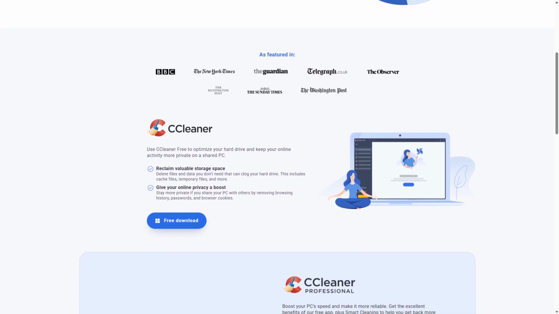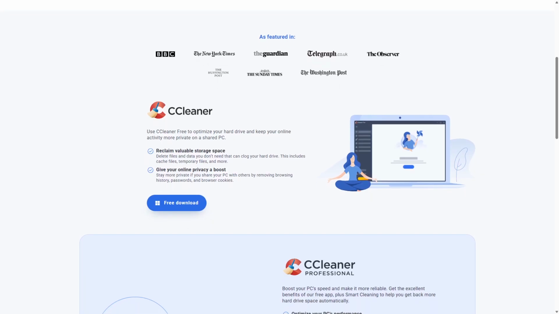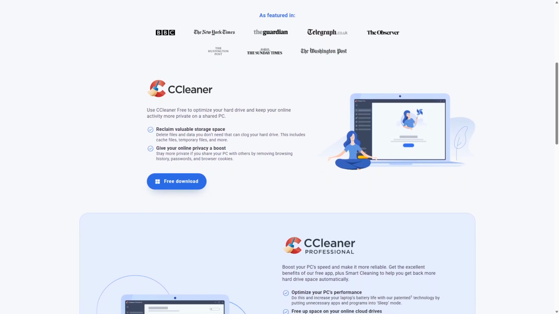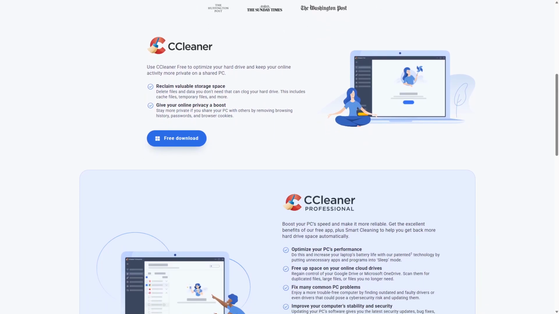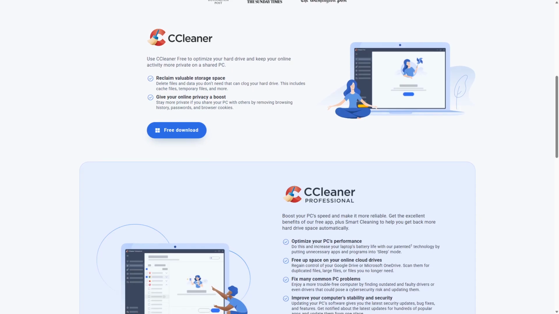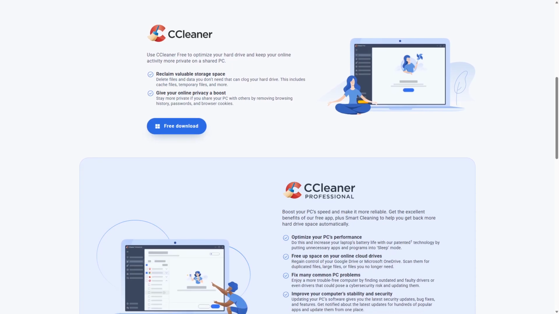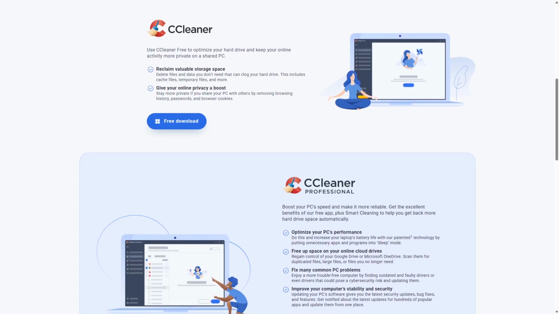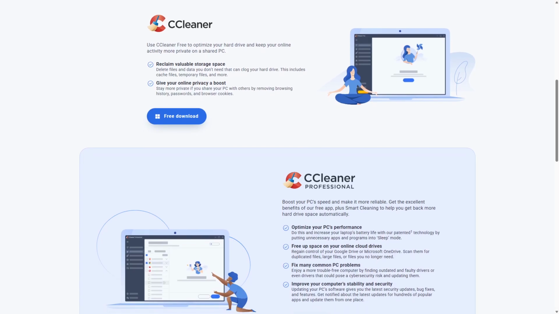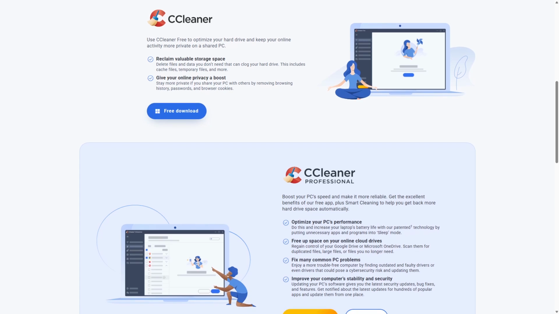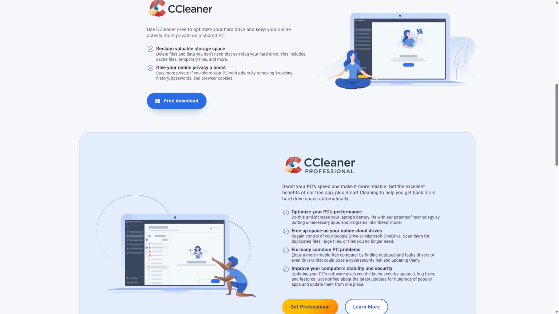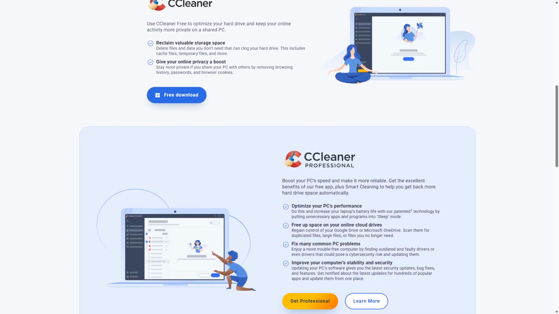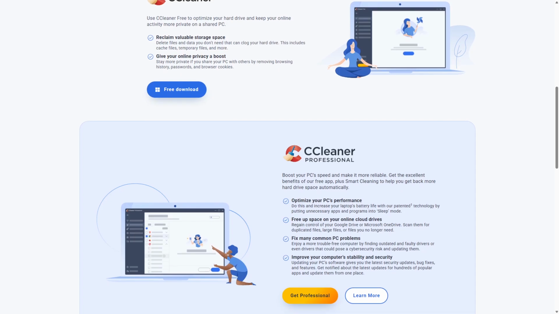It also includes tools for uninstalling applications and managing browser plugins. However, its registry cleaning feature requires caution, as improper use can cause system instability. While CCleaner supports basic privacy protection by clearing browsing history, it lacks deeper optimization features found in some competitors. Ideal users are Windows PC owners looking for a fast, no-frills cleaning solution to maintain system health without complex maintenance